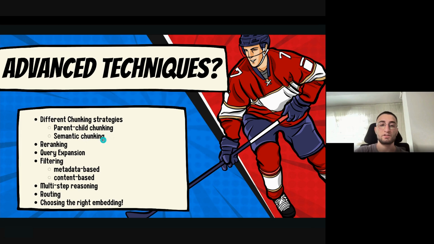And also there is semantic chunking. So maybe your document has different parts that are actually relevant to each other, like the end of every section is relevant to the others. With semantic chunking, you can get all these chunks semantically grouped together, like the end of every section will go together, and in that way you can get the best results, because the most relevant chunks will be together.